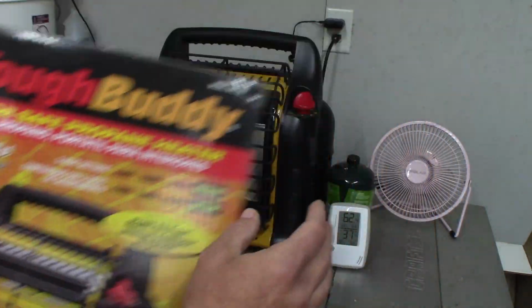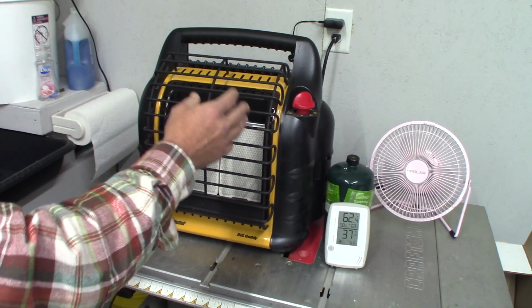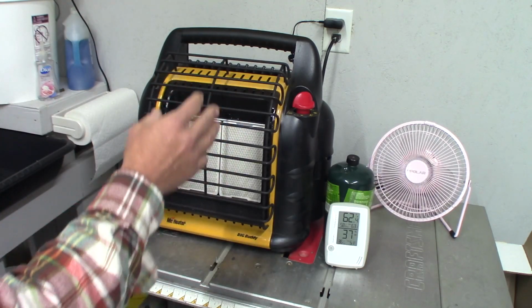So anyway, this is safe to use indoors. You can't just use any propane heater for indoors and outdoors. This is rated for indoors and outdoors. So now,